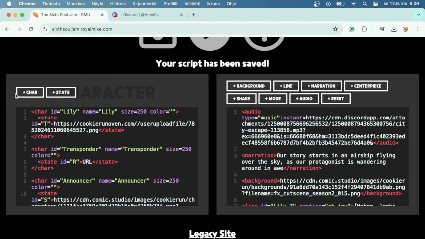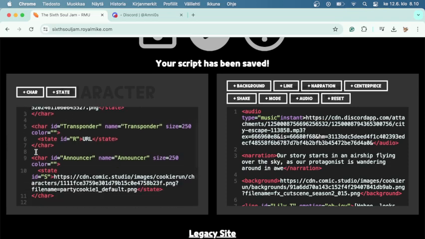Alright, so this is the character one. Here, first I place a character, then I place the ID and then the name that shows there, size and the color of the name, I think. And then is the state, which is like the pose or sprite. Currently I just have this one random thing I made with an official character creator. I wanted to use another official one, but I don't think it's available anymore.